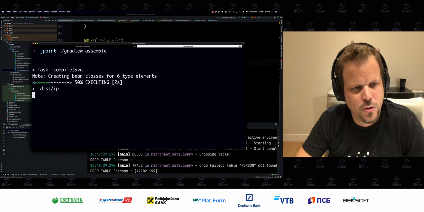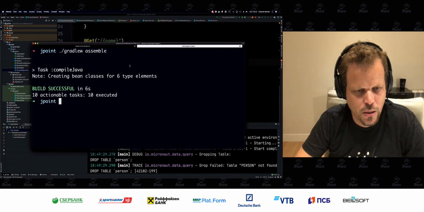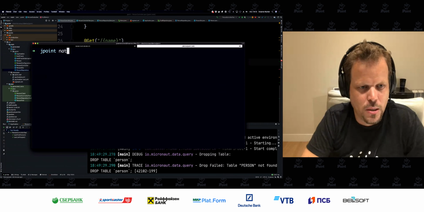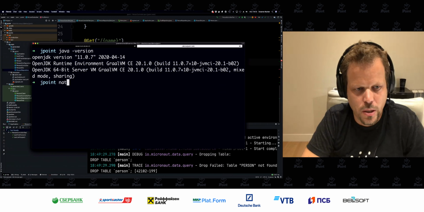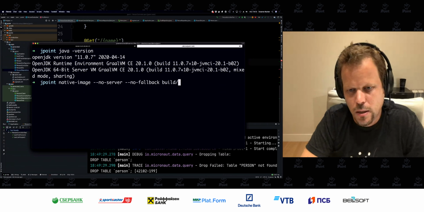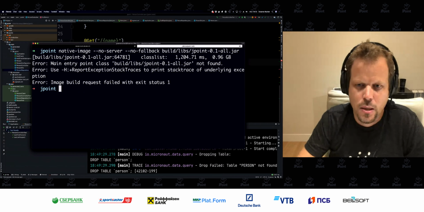Okay, so what you do is you build the app to create the kind of Uber jar for it. And then, if you look at the Java version I'm using here, I'm using the latest version of GraalVM Community Edition with native image installed. And what you can say is native-image, I typically don't run the build on the server, and say no fallback. And then you do build libs and point it to your fat jar and you execute it. And that'll go and build,